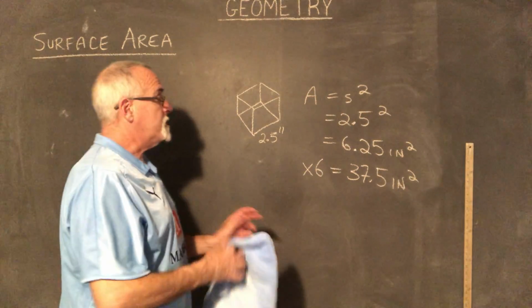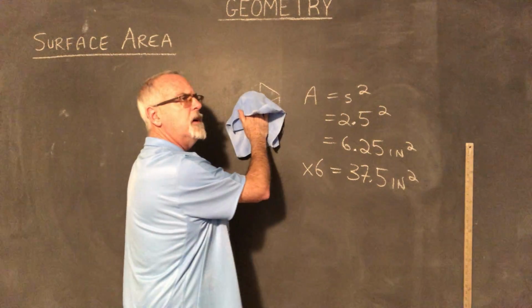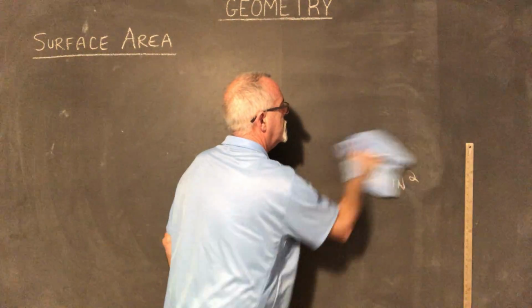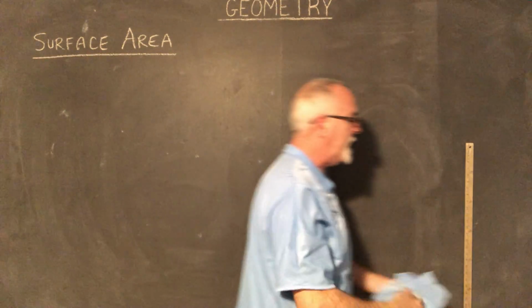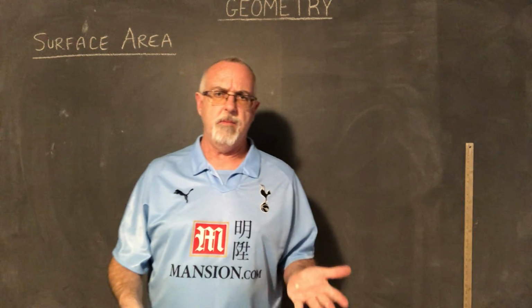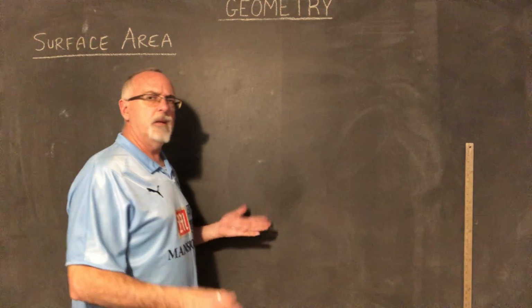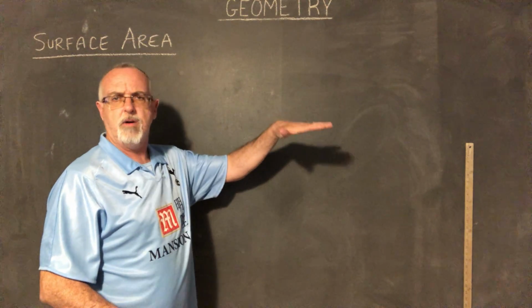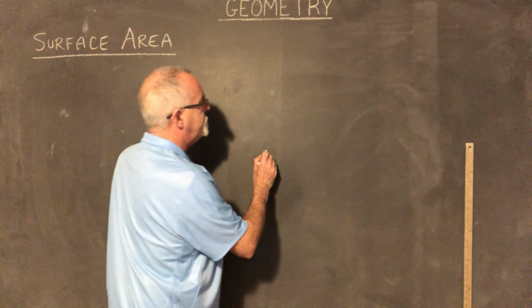Okay, how about a triangular prism? No, not a triangle. I'm not doing a triangular prism yet. I'm going to do a triangular pyramid. Actually, that's something that's worth talking about. So we've talked about what a prism is. The base has to be the same size as the top. So a triangular